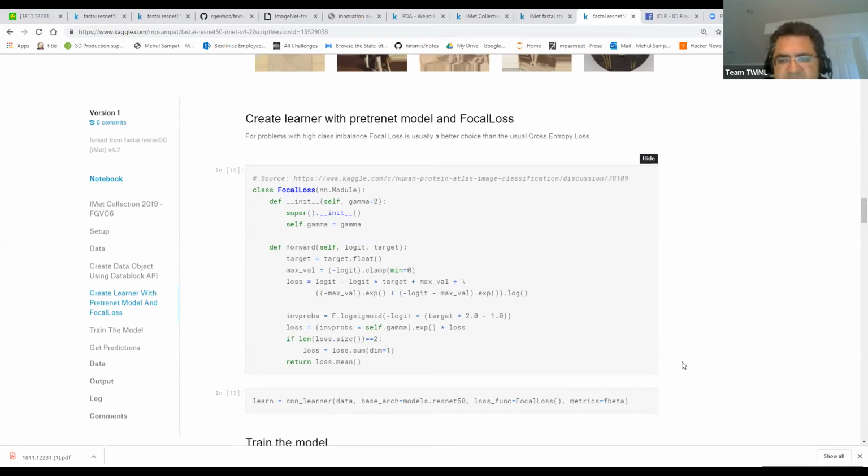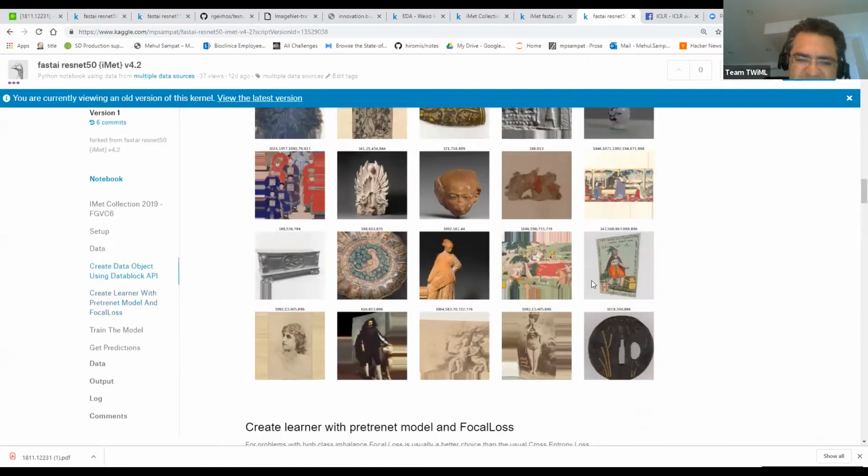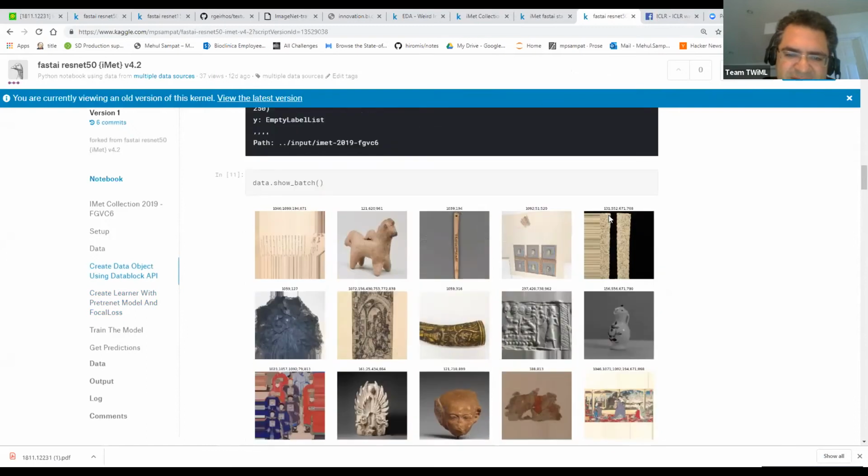I still don't know how to train this. The talk was about shape and texture, and I'm still trying to figure out how to use that idea in this classification problem, and what other ideas I can try to improve performance. But we'll see. This is a good competition because it's part of